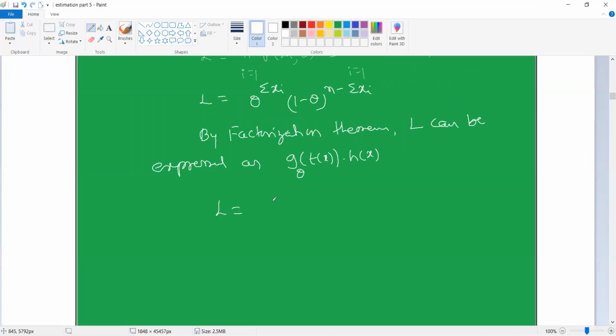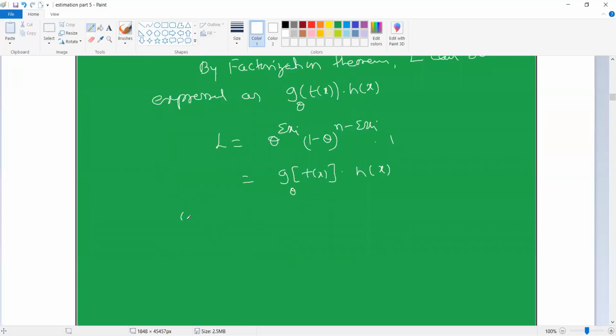Now L is equal to theta power summation xi into 1 minus theta whole power n minus summation xi into 1. This is g of t of x under theta into h of x,